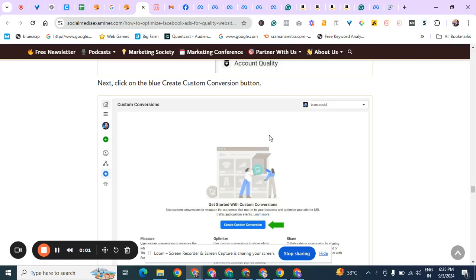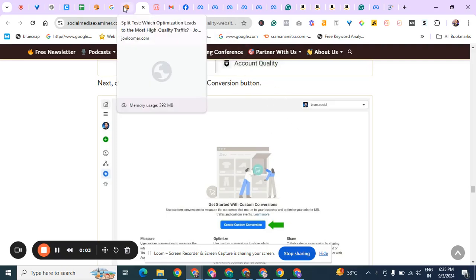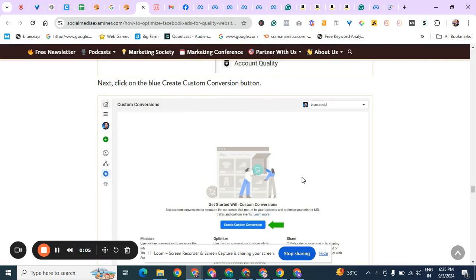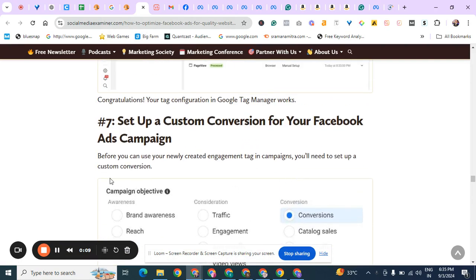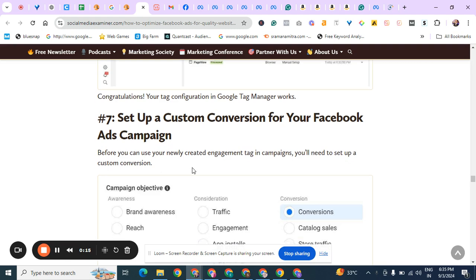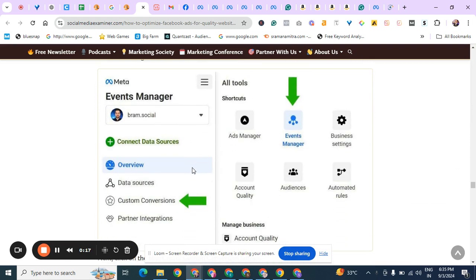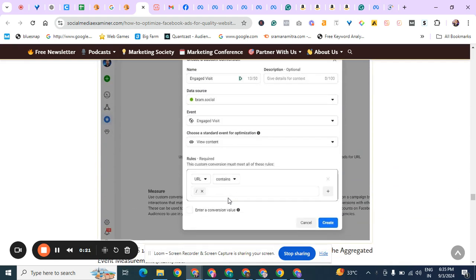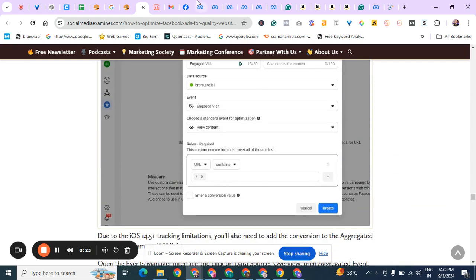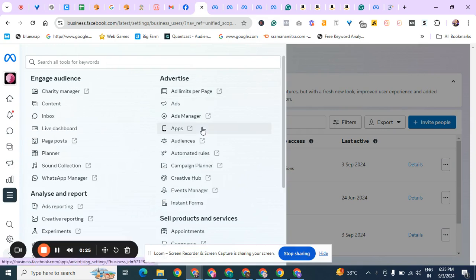Using this custom convert, we will have to create a custom conversion, right? So what is it telling? See here, before you can use the newly created engagement tag in campaigns, you will first need to create custom conversions. So for that, you will have to go to custom conversions and you will get this. So now you will go to,